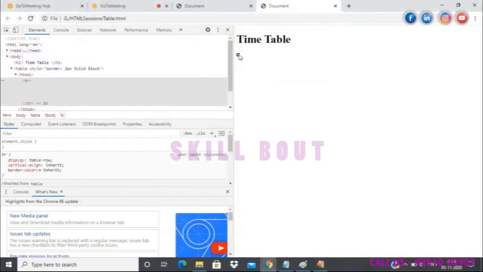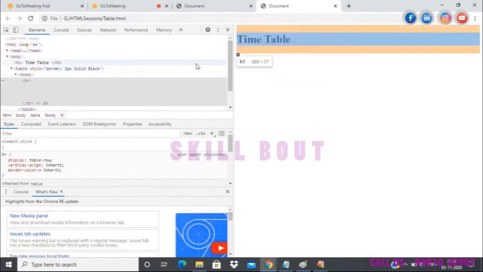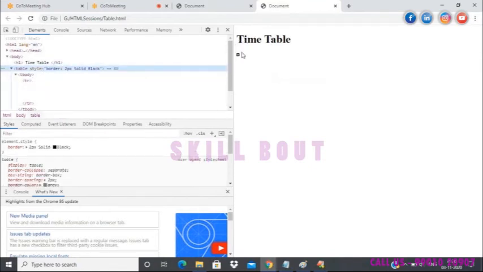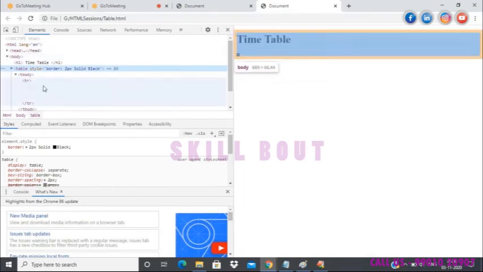Okay, see here we have a small border available, which I have given for the table tag. So which means that we have a table with nothing. When you use a table tag, this is how the table will initially look when you have nothing inside that. I have added a tr tag, which is the first row of the table, but inside the tr tag we don't have anything else.